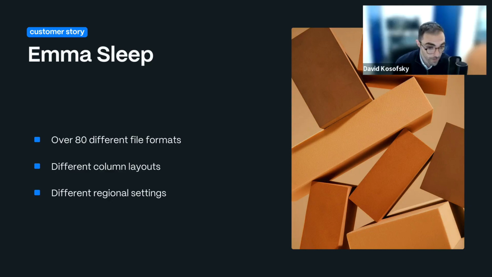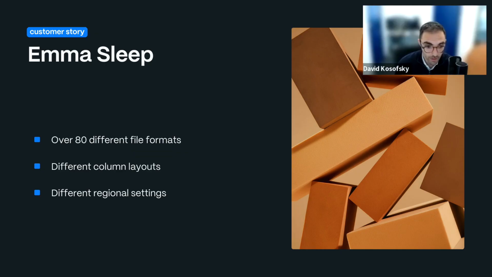They have a bunch of different payment providers. So they sell through Klarna and Zip and PayPal, ShopPay, Google Pay. They sell through Amazon. And interesting to note that Amazon in Europe is actually not one unified entity, but several different entities. So each country that they're selling in through Amazon is a whole separate entity. The process that we helped automate was 80 different file formats. So it's a huge process.